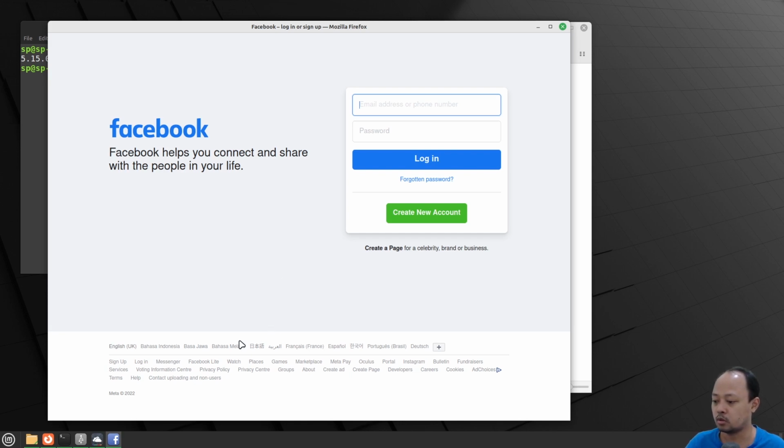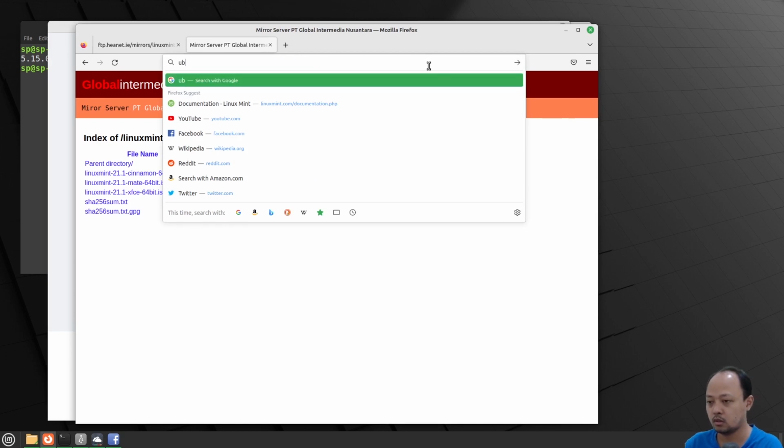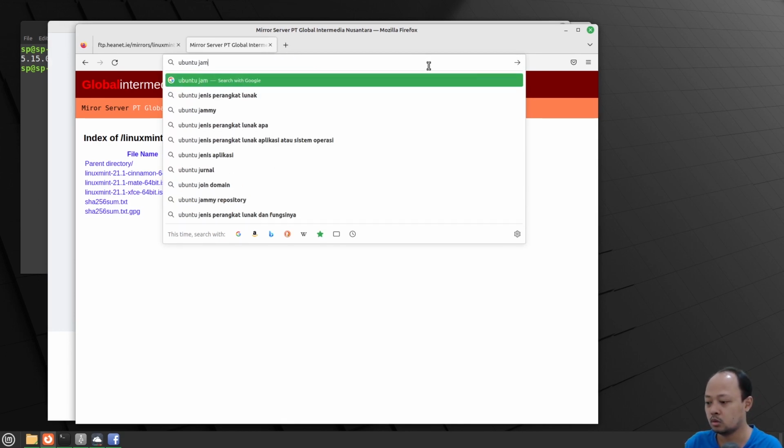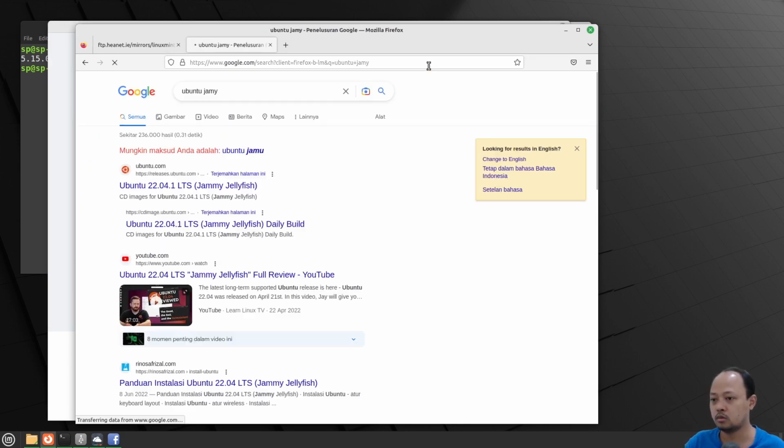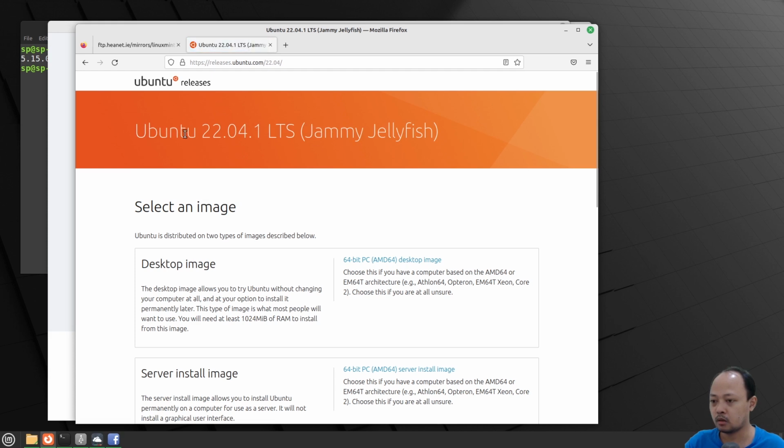So it will be supported until April 2027. Let's check Ubuntu Jammy. As we can see here, this Jammy Jellyfish is the LTS version of Ubuntu.